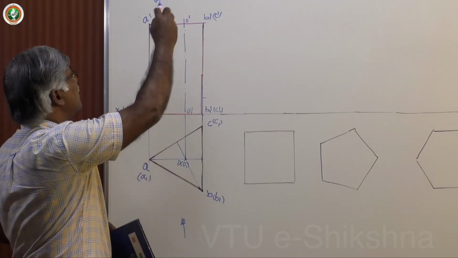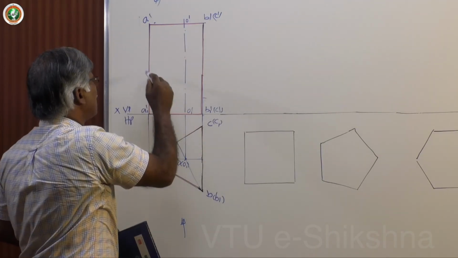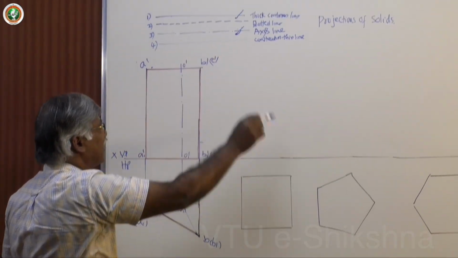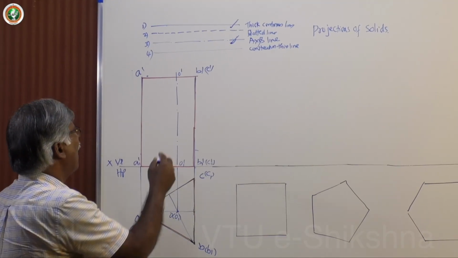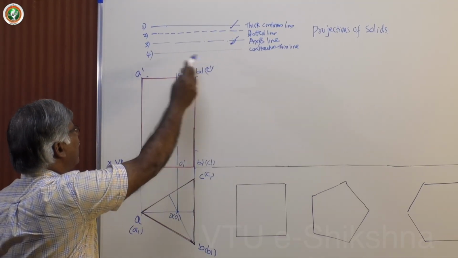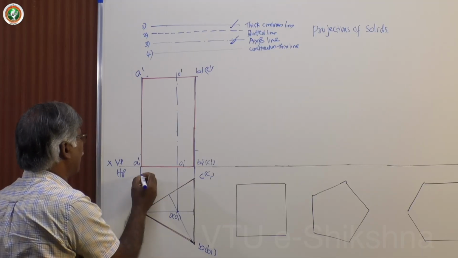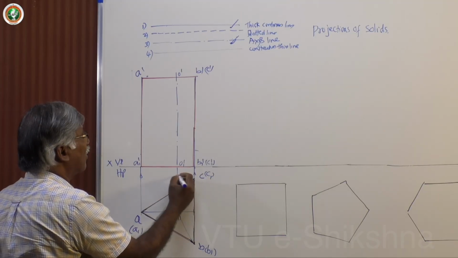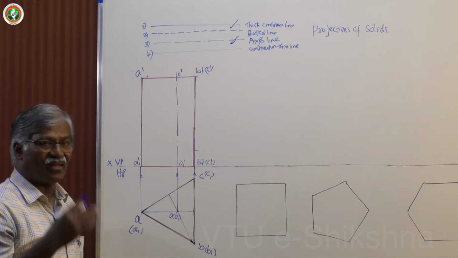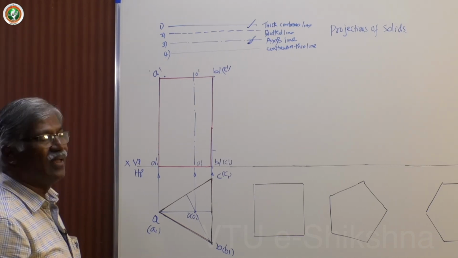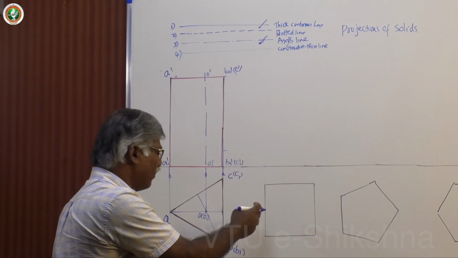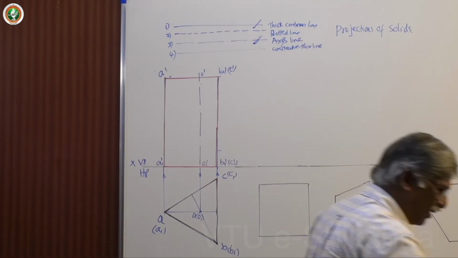Now the order of reference is thick visible line first, and then hidden line next. That situation we don't have, it is exactly coinciding. And this is the axis, and the continuous thin line is for construction purposes. These are all construction purpose lines. These are the lines we use in the majority of the cases. You know that in laminae also. Next, let me come to the square